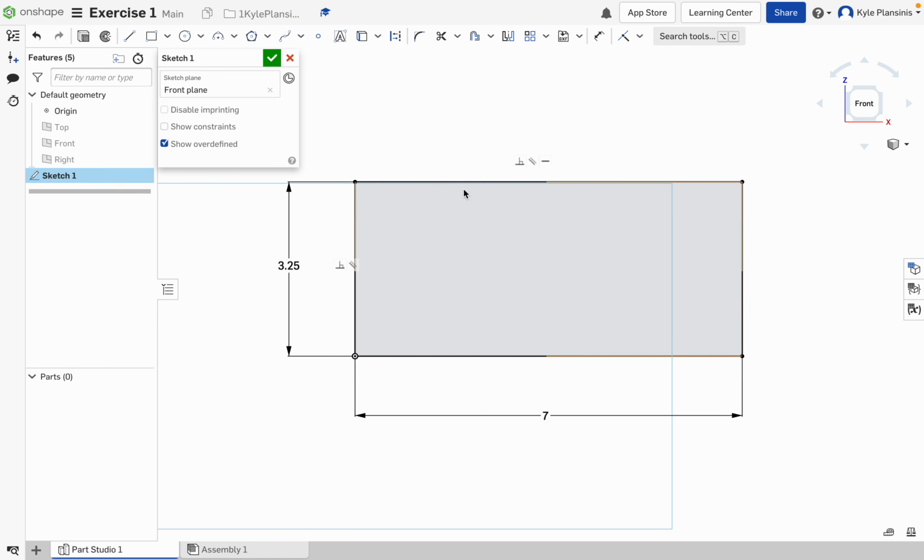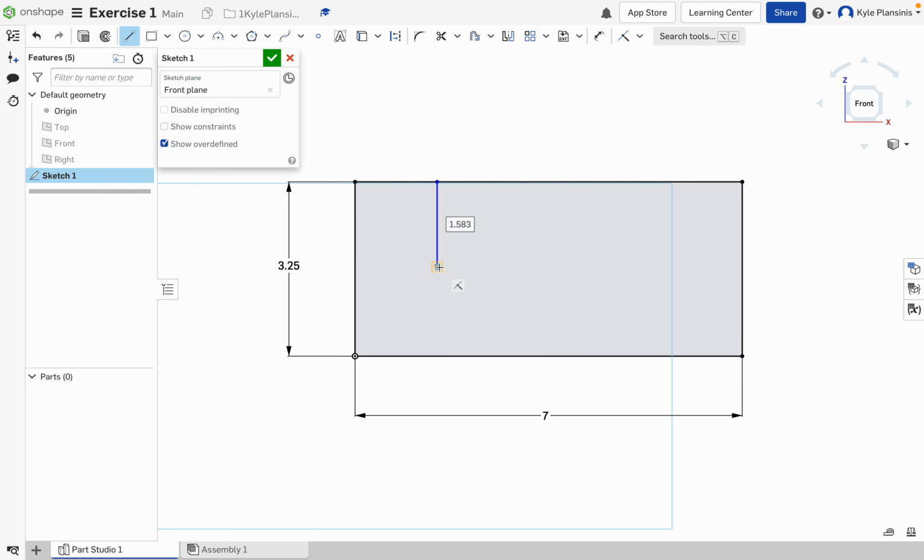So the next feature I want to add is to start detailing the rest of that U shape. I'm going to come back up here and select the line tool. I'm going to hover over this top line, making sure that I see that coincident icon, click on that line and pull downward. And you can see as I move that line around, it sticks or snaps, or some people call it rubber banding, back to that 90-degree position. It'll stay in that position because those are very common angles that you're going to want to use. So I'm going to make sure that it sticks to that 90 degrees, and I'm going to click and